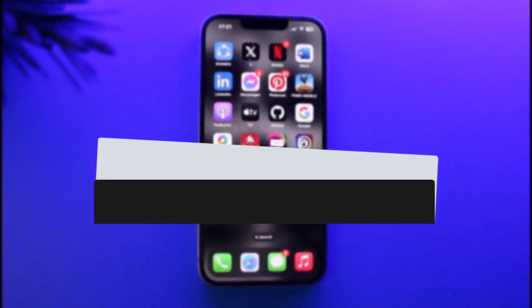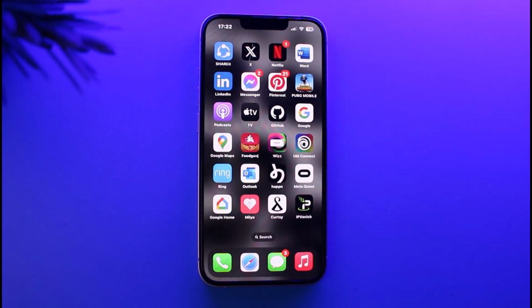In this video I'll show you how you can delete your Oculus Quest 2 account, but before that please do